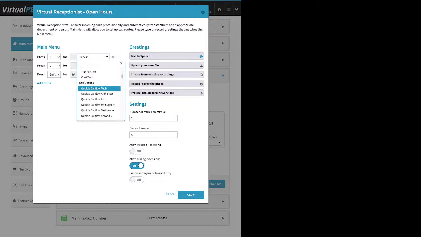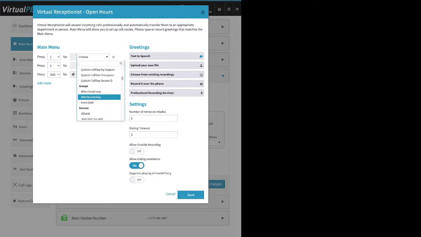Call queues, this would be an add-on feature. So not every account will have this, but for call center purposes. So you can have a menu option go to, like if you called us, for example, you pressed option 2, that would take you to our tech support queue. Groups, these are an included feature, so it's possible every account has these. Departments, right? A group of people who answer the call. Groups have some fairly simple routing options, whereas queues have more advanced routing options, so they're related. But again, many companies can get away with groups